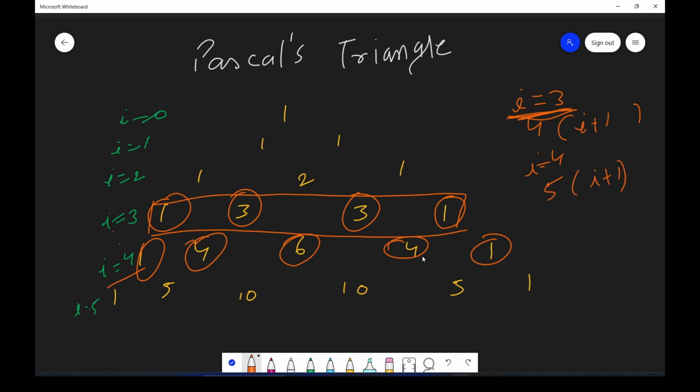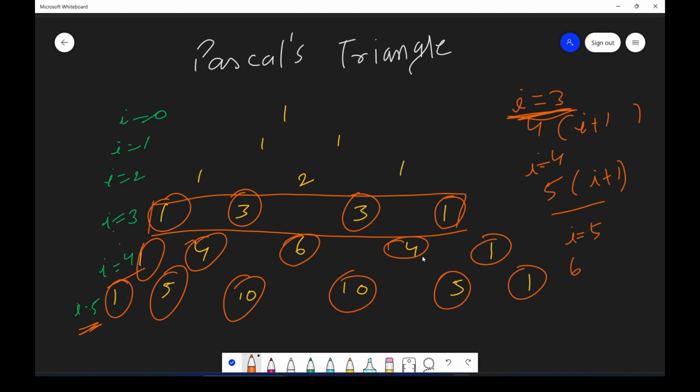This is visible, right? Here I is 5. So how many values? 2, 3, 4, 5, 6. So there are 6 values. If I is equal to 5, there are 6 values. That is I plus 1. One observation. Let me just remove this once.